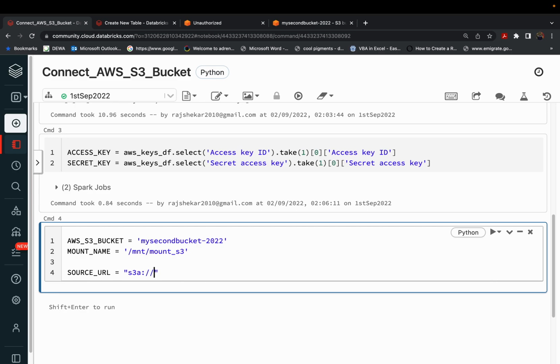If you could go through the documentations, it will show you what it does. You write percentage S at the rate, again percentage S. We have three strings. One is for the access key, one is for the secret key, and one is for the Amazon S3 bucket, right? So we would write it as